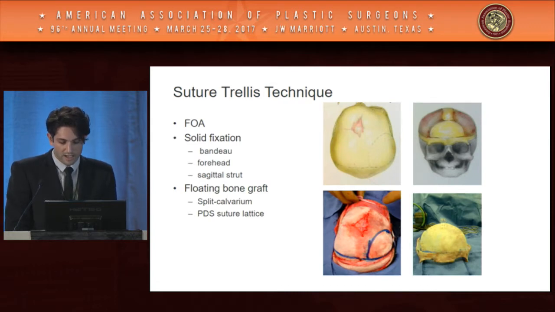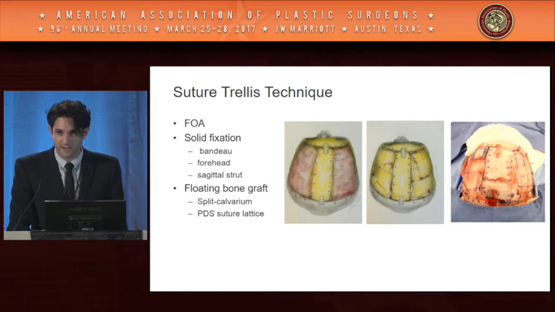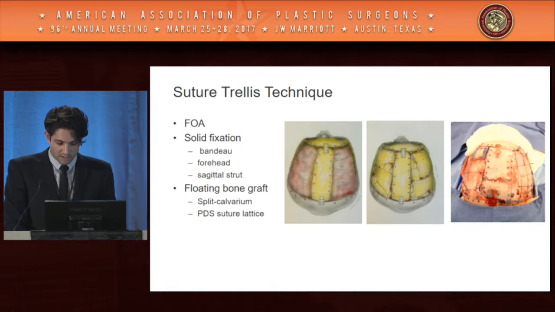Here you can see how the Marshak template is used in the parietotemporal region to mark out the neoforehead, which is prioritized and then secured anteriorly to the bandeau. This is secured to the 2 centimeter sagittal strut to recreate the arc, which then results in bilateral bulging laterally, and this helps normalize the biparietal diameter of the patient's skull. Subsequently, PDS suture is woven laterally to create a suture trellis, and this is interlaced with the split calvarial bone